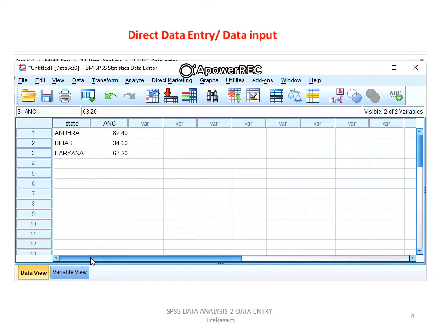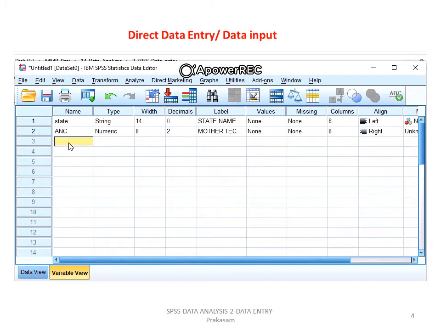Again you can go back to the variable view and add another variable also, that is full ANC, fully immunized. Whether it is numeric or string, it is a numerical value, with a width of 8, and it is mothers having full immunization or full ANC.